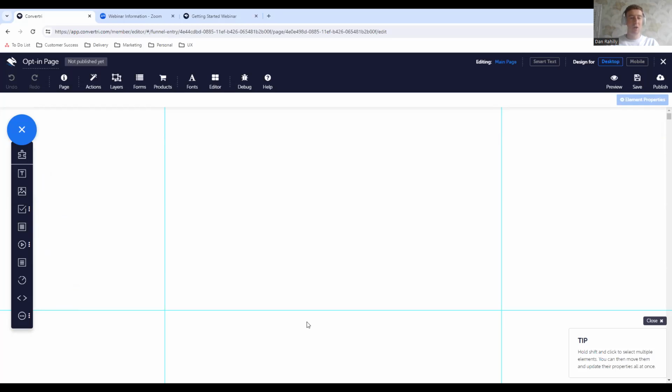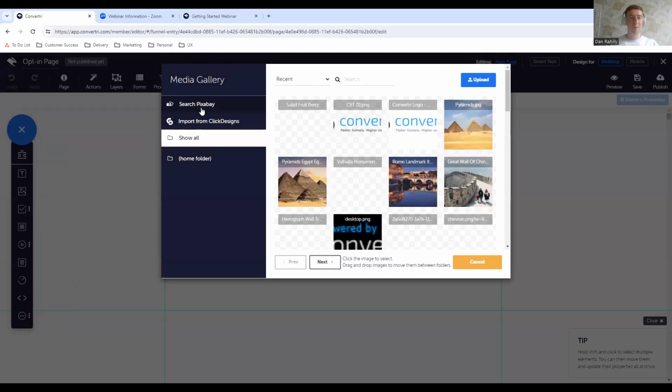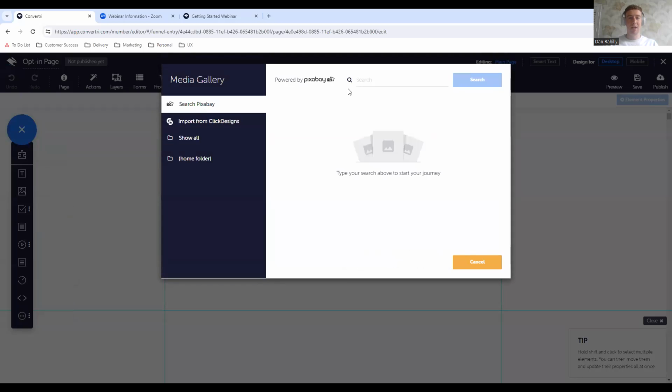And this page is going to be an opt-in page for the vegan niche. So if we bear that in mind, then we can make sure we're picking the right images and using the right copy for our page. So I'm going to go to the image from the elements tray, and then I'm on Pixabay. So this is a software that we are integrated directly with, and you can use it to search for royalty-free images. So if I was to search for Apple,